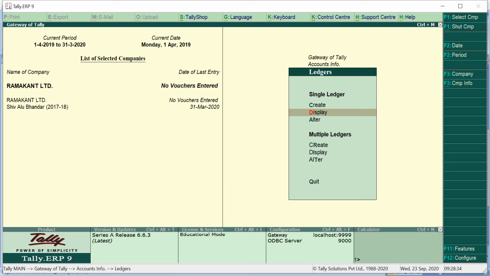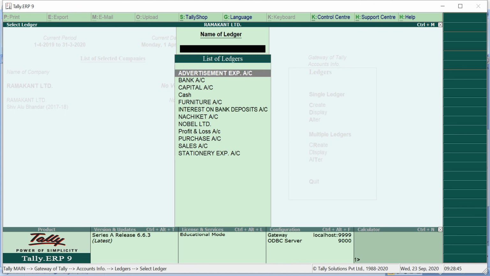We go to display, right? Under single ledger there is an option of display, and in the display section we have the list of all the accounts that we have already